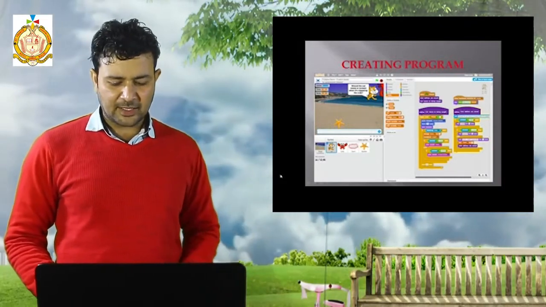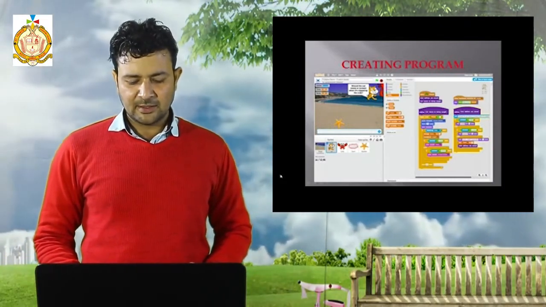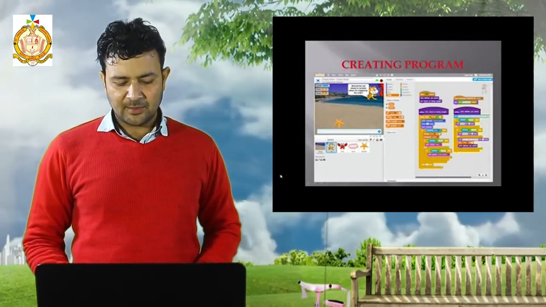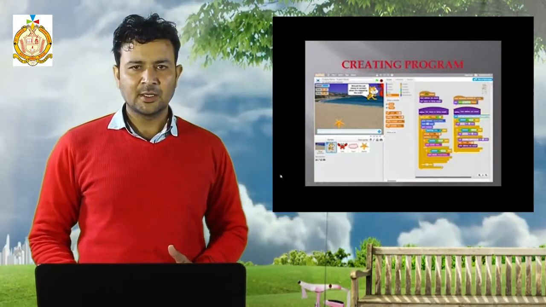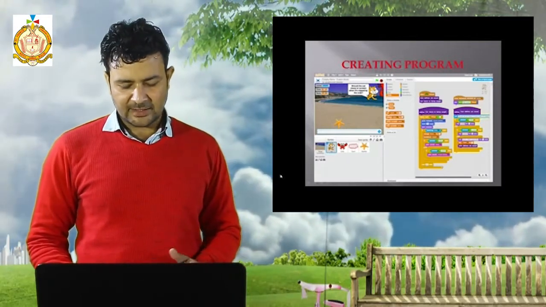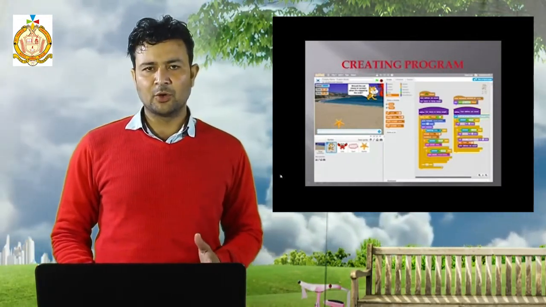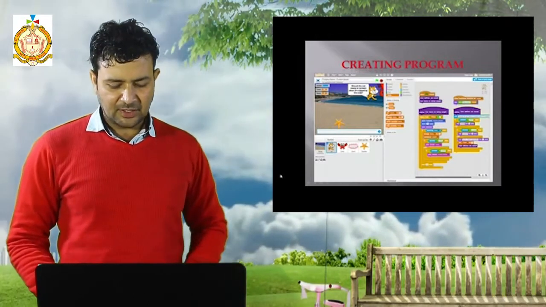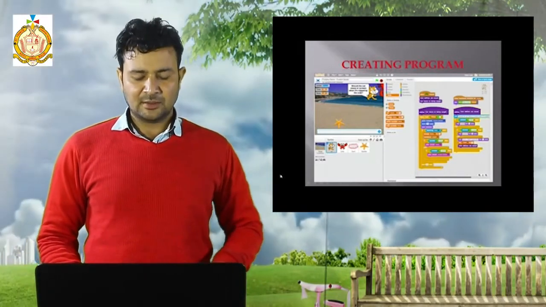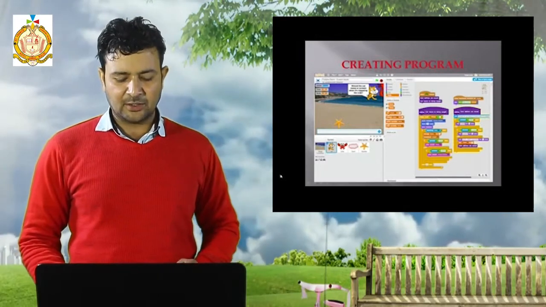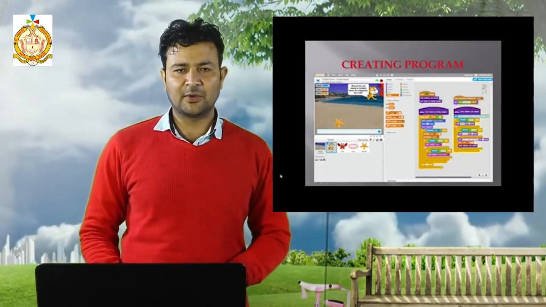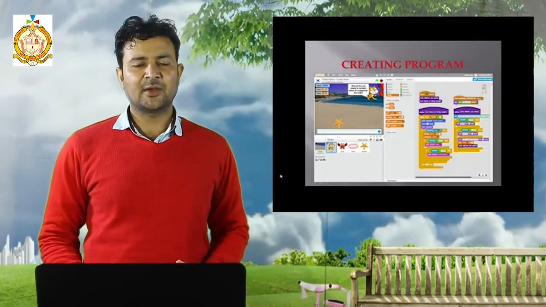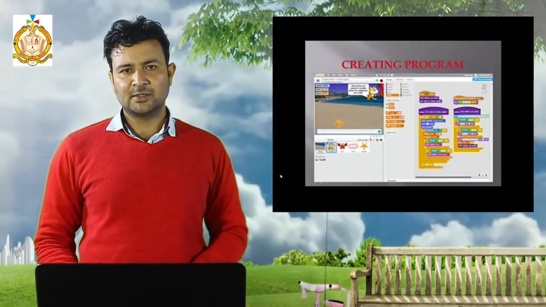First you have to click on the cat in the sprite list, then click the script tab, then click on the motion, because we have to move the cat. For this we need a block, that is move. As I told you, the move block is used to move the object from one place to another. Then click on turn clockwise 15 degrees. If you want to turn this 50 degrees, then you have to change it to 50 degrees. Left, right, top, any direction you can use.